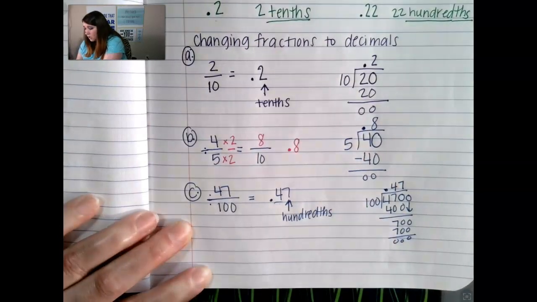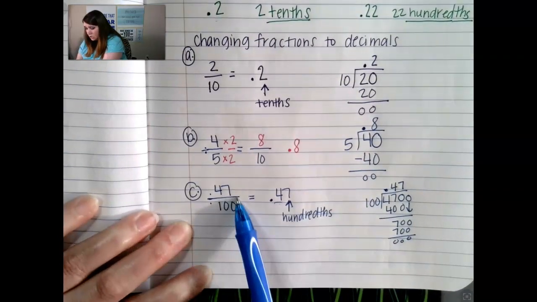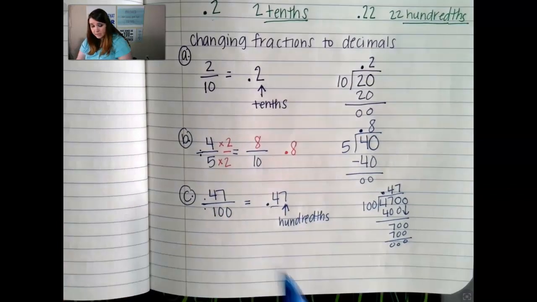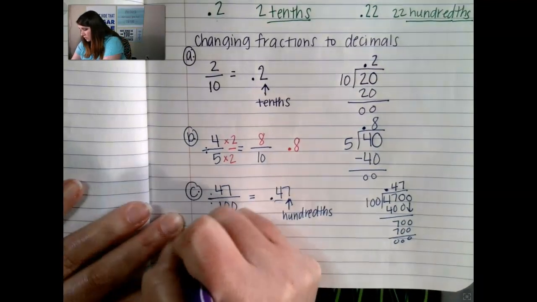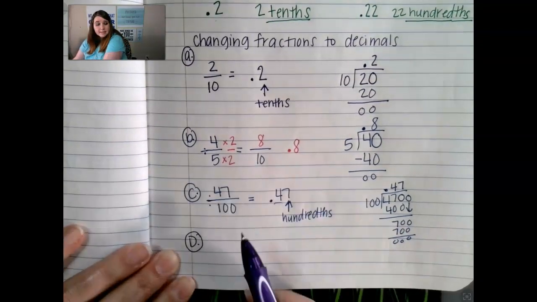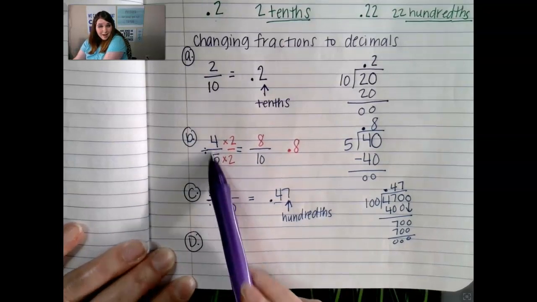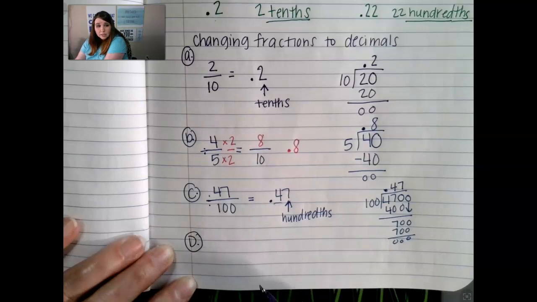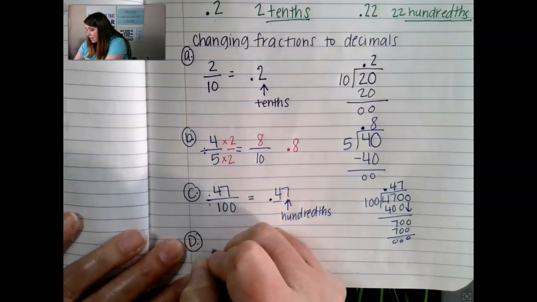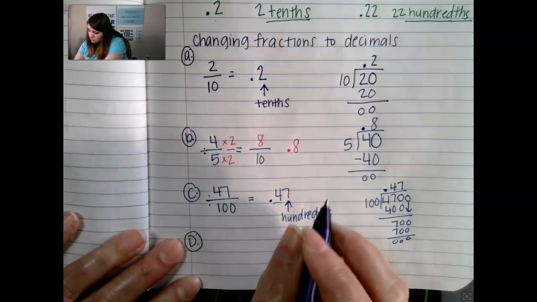Right? Or you can get it to a point where, let's do another example. Let's use purple again since I'm trying to do too many colors here. Okay, so let's say, again, that I have something like this. I can get it to hundredths, to the hundredths place. So let's say that I have